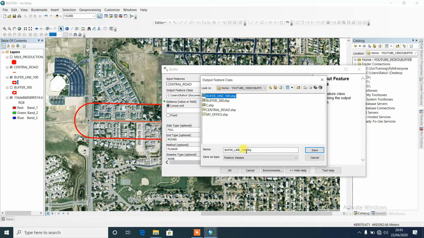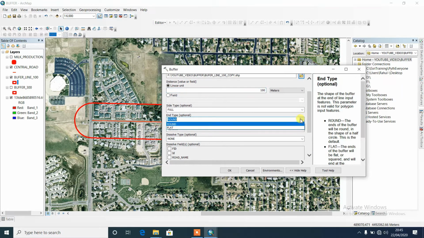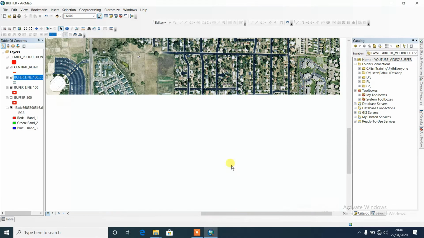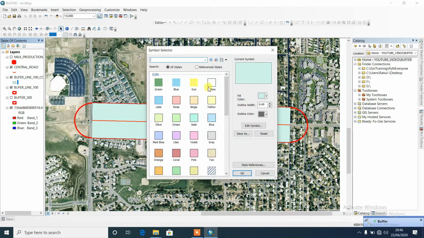This is a copy, that means the second, just to see the changes between the round and flat. Here the rest of the thing is the same, but only this one is changed. To understand the differences between round and flat, let's wait for the output.